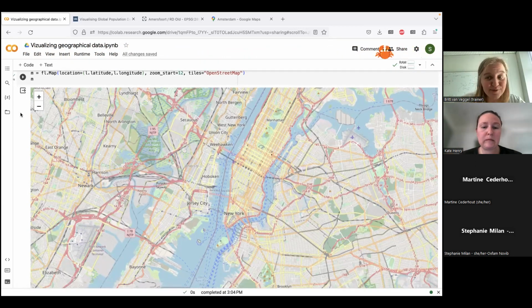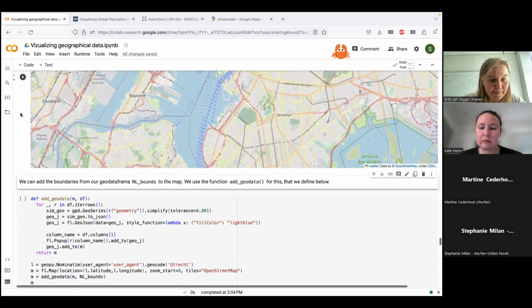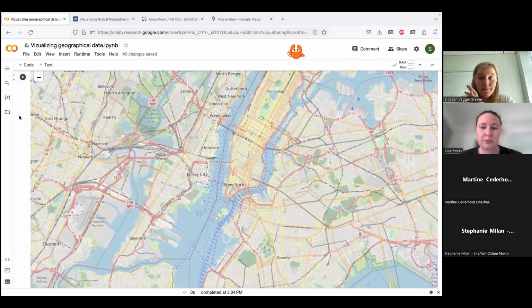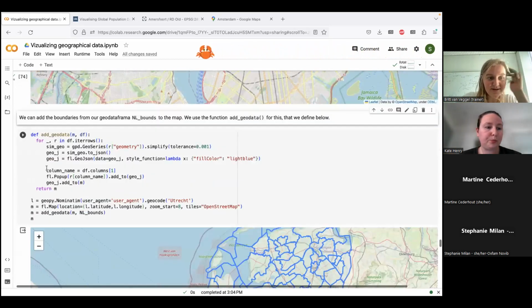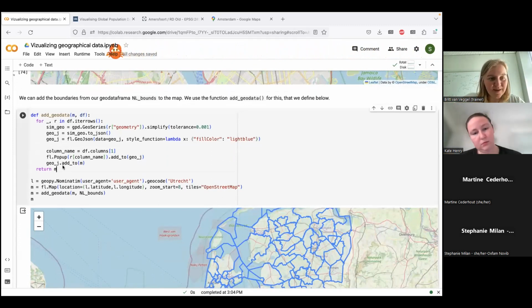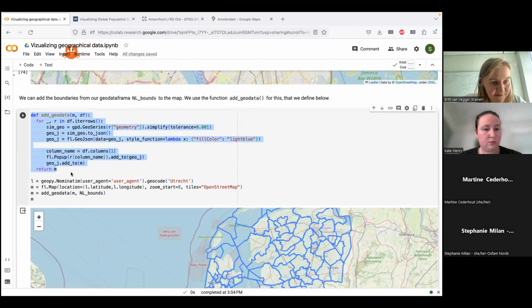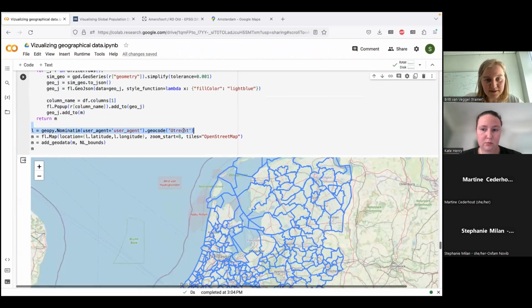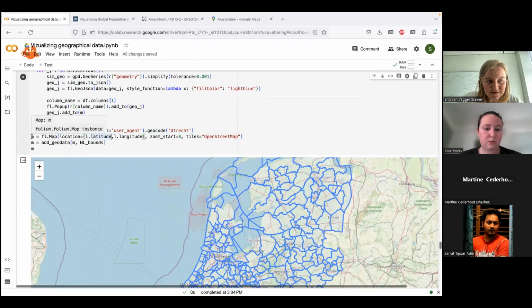So there's a little bit more we can do with this. Namely, we can combine this map with some of the GeoPandas data frames that we've looked at earlier. So again, there's no need for you to understand this function, but we had this function at geodata, and we first again make a map. So I've taken here the middle of the Netherlands, Utrecht, and then a zoom of 8. And we have then this Folium map M, and